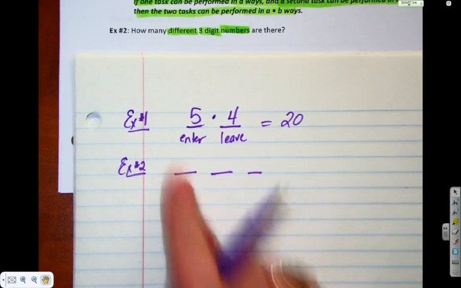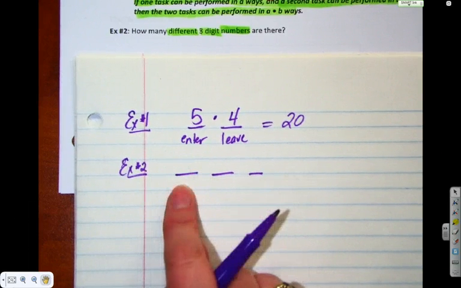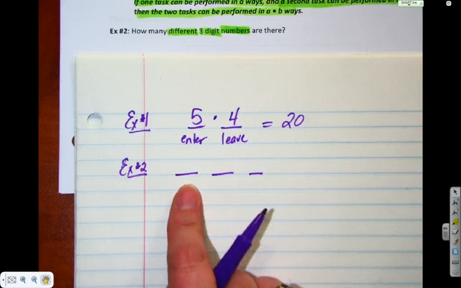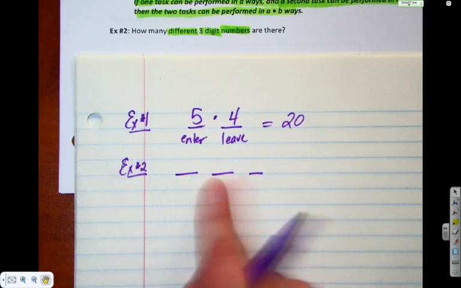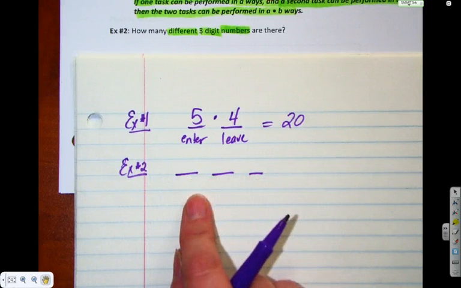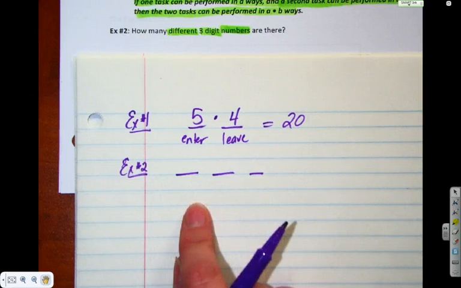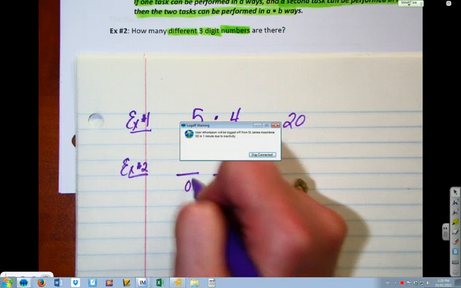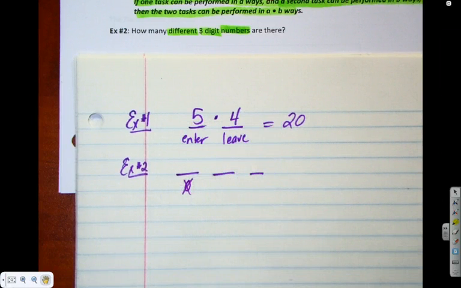Let's talk about the first number, because it's the tricky one here. If it starts with a 0, let's say, for example, 021, is that a 3-digit number? No. So 017 is considered a 2-digit number. So I'm going to put the notation cannot be a 0. You can write that in words if you like. You could put 1 through 9 to show those are the choices. I just like to put a 0 with an X. That's my notation for can't be 0.